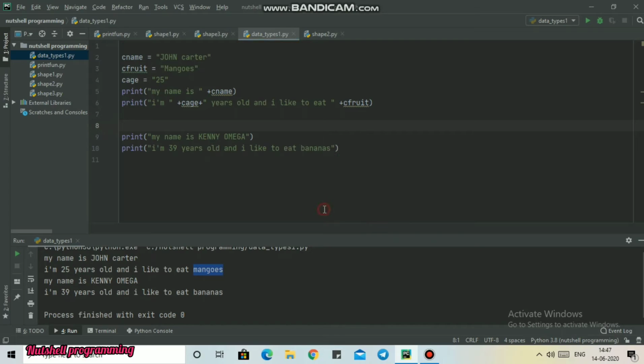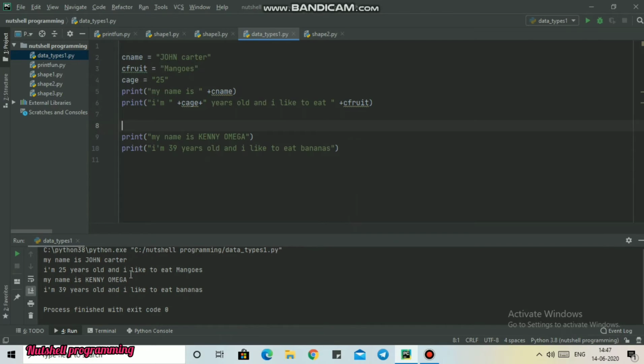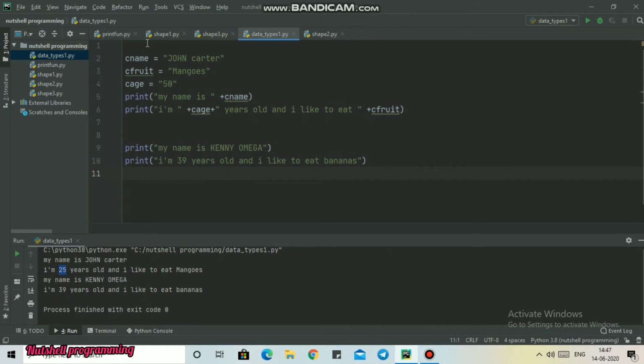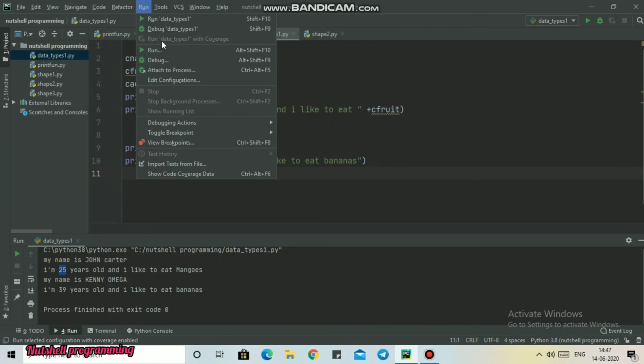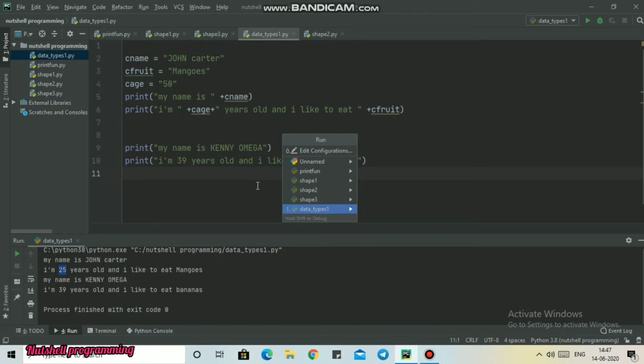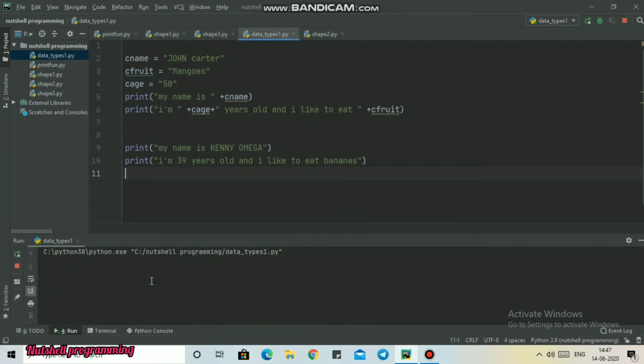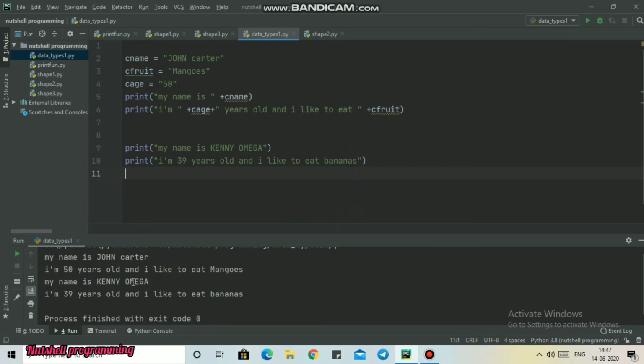So you can see the output. My name is John Carter, I'm 25 years old. We have successfully passed the C age variable into the print statement, which is holding the value of 25. Now I have updated the value. Now I have passed 50 and run, and now I am 50 years old. So it is successfully updated